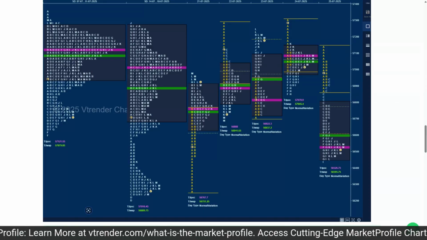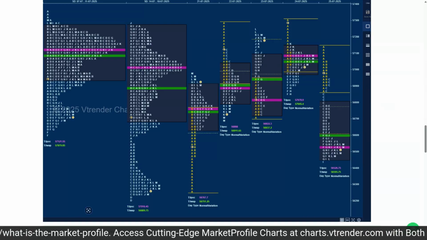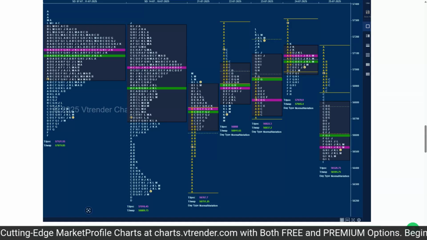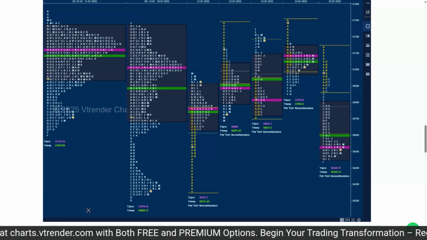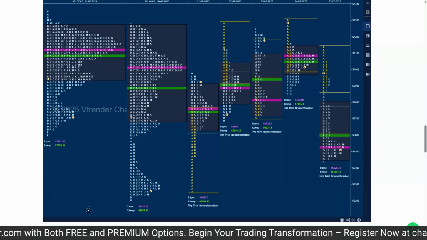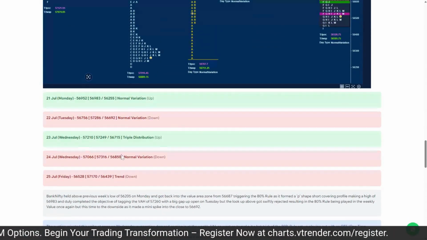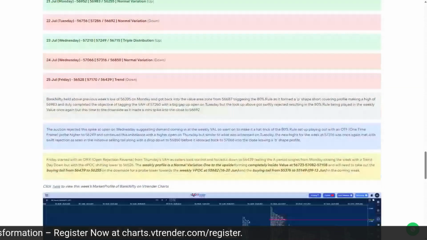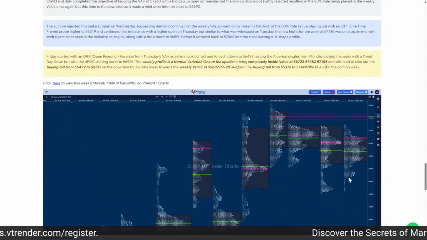And you can see this POC which had formed below the monthly POC of 56608. So all this was signs which was telling us Bank Nifty is also getting weaker. And on the weekly time frame, what we did was similar to Nifty. We had a green day, then a red day, then a green day, then a couple of red days. So the weekly profile was a normal variation one, but this small buying tail